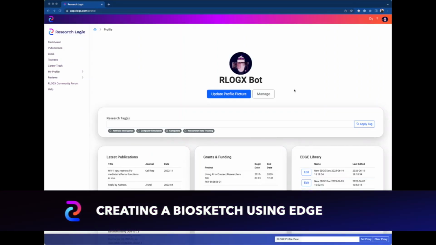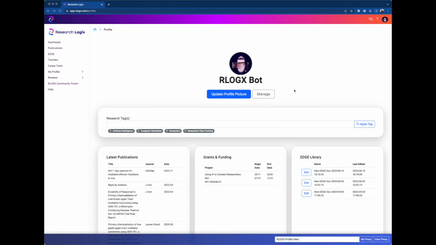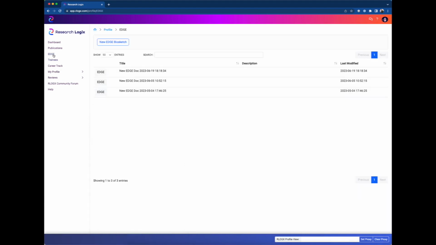In this tutorial, we're going to be learning how to create a biosketch using the Edge system found within Research Logics. Very first thing you're going to want to do is head to the section Edge, located on the left-hand navigation within your profile. So this initial page is going to show you a listing of all the currently saved